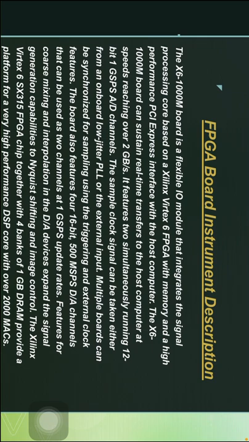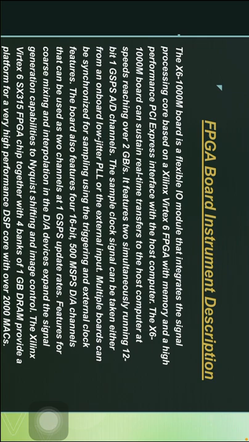The board also features four 16-bit 500 MSPS DA channels that can be used as two channels at 1 GSPS update rates. Features for coarse mixing and interpolation in the DA devices expand the signal generation capabilities, with Nyquist shifting